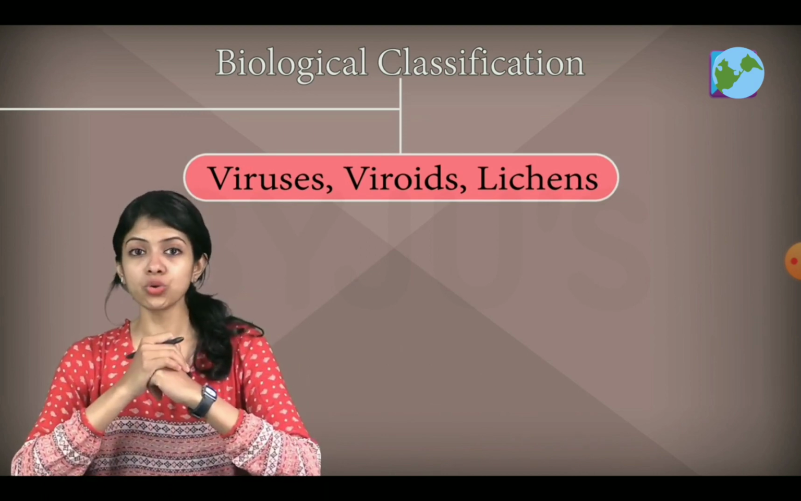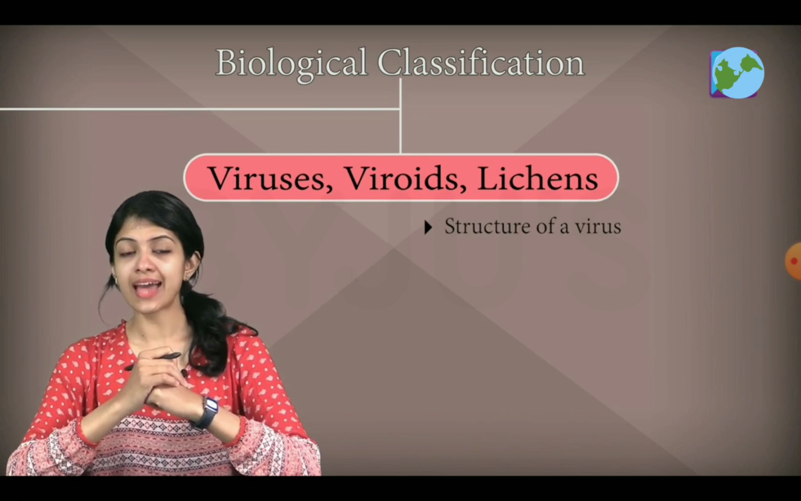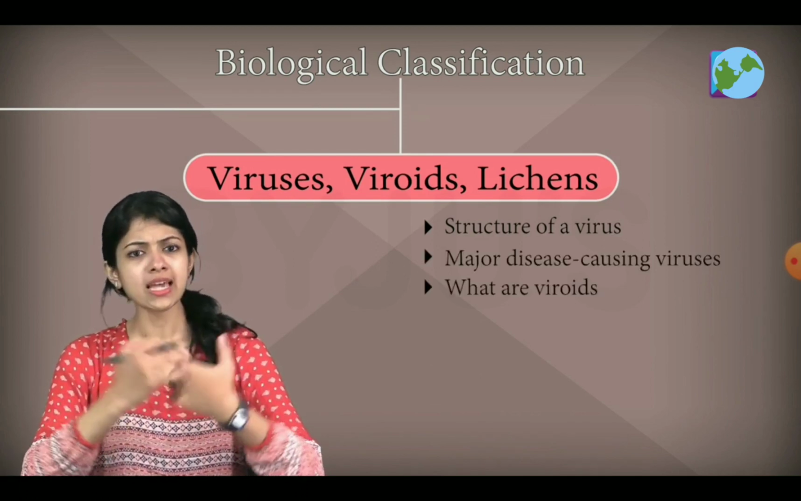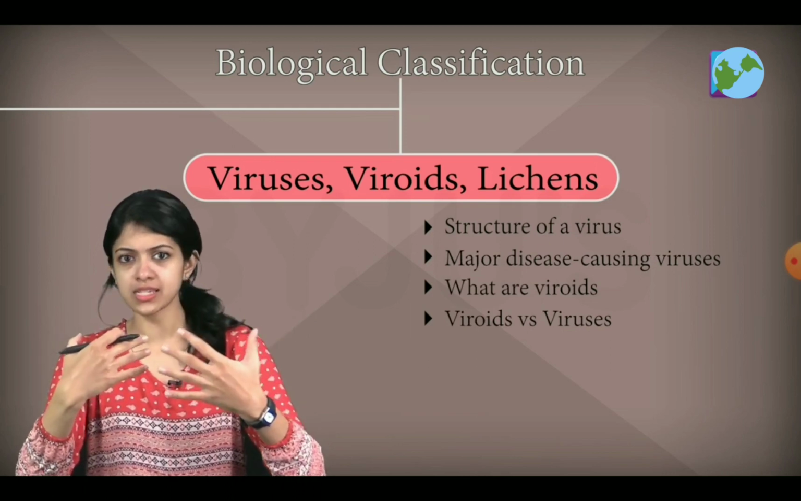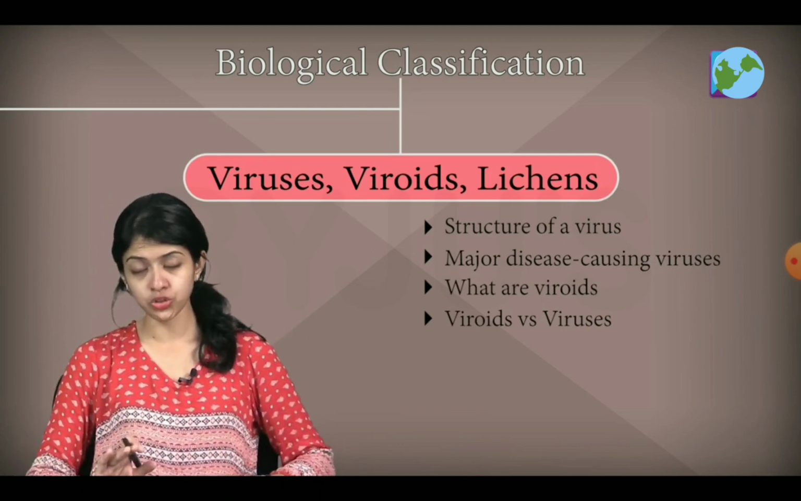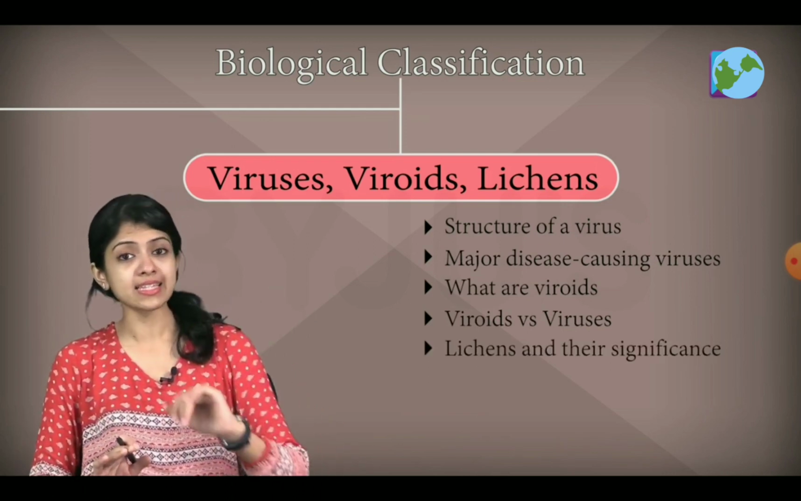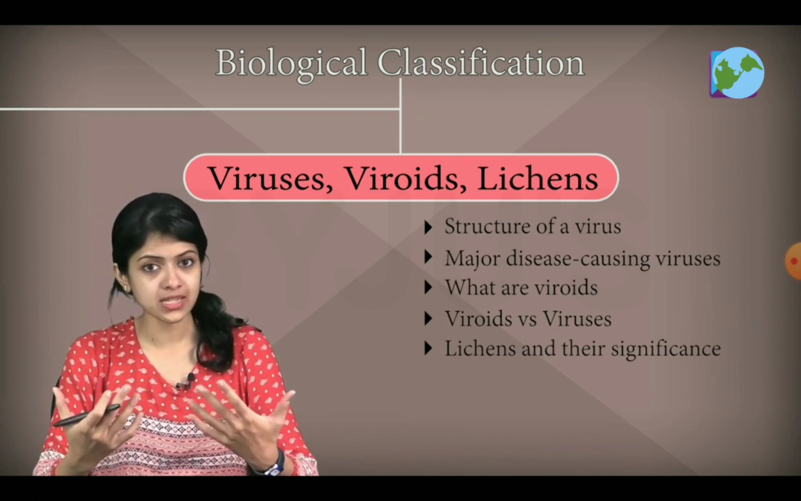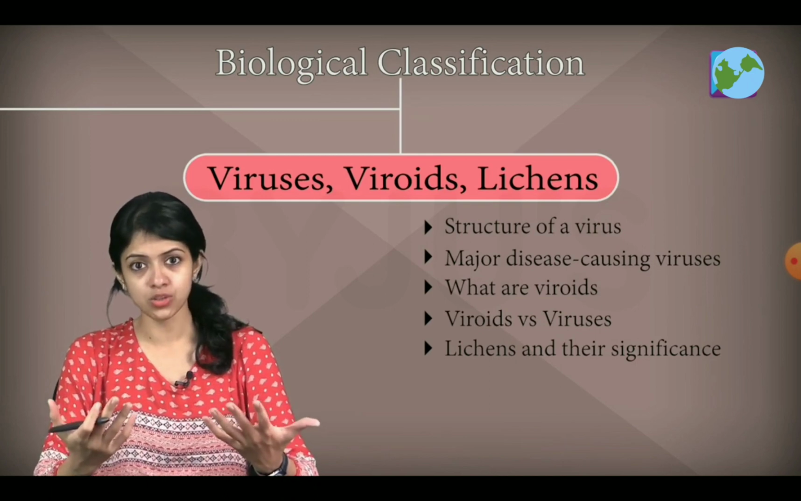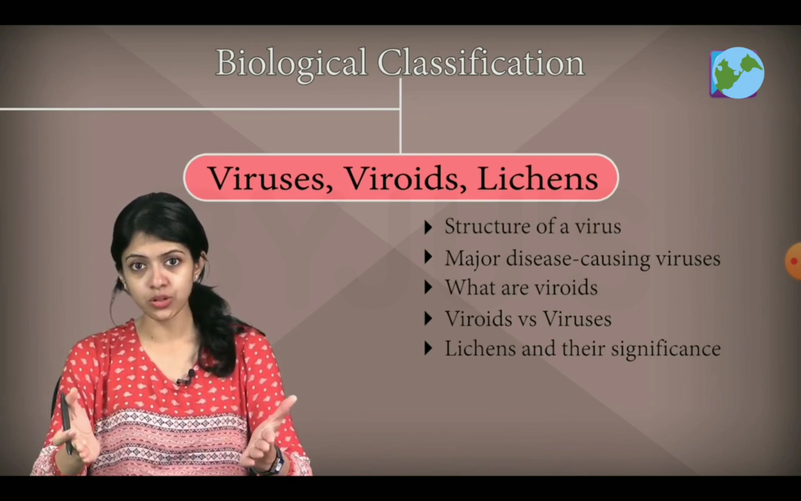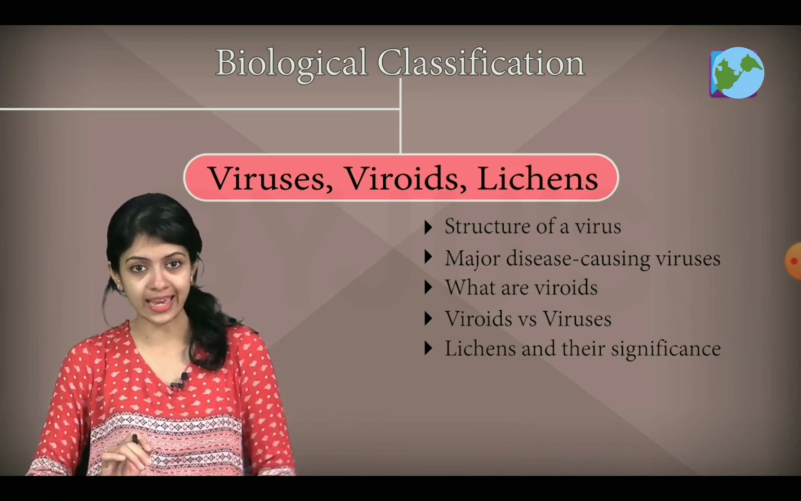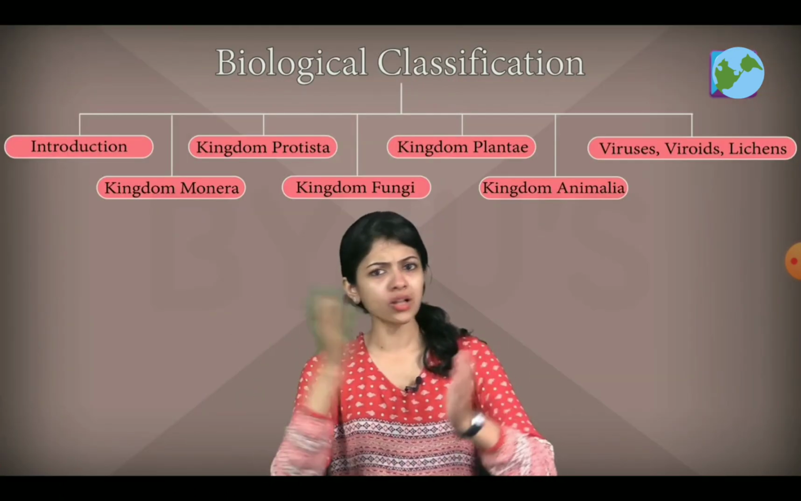Here you must know the structure of a virus and the major disease-causing viruses. What are viroids? How are they different from viruses is also something that we should know. And regarding lichens, we just discuss what they are, as in the members involved in the symbiotic association, their individual roles, and the fact that lichens are good pollution indicators. Considering all these topics,